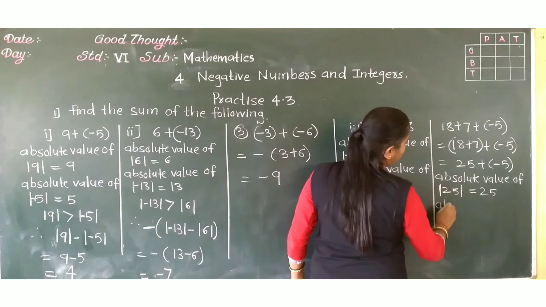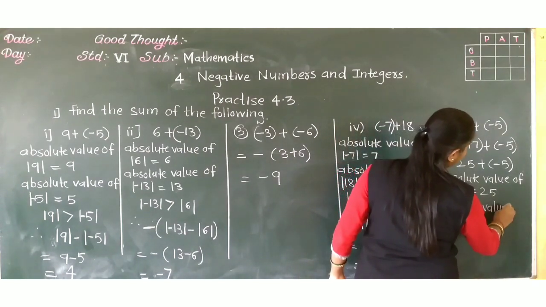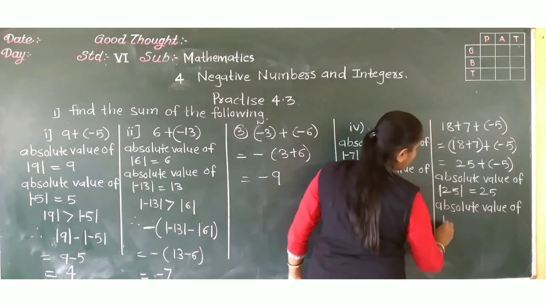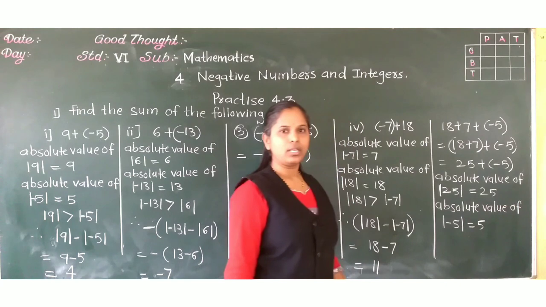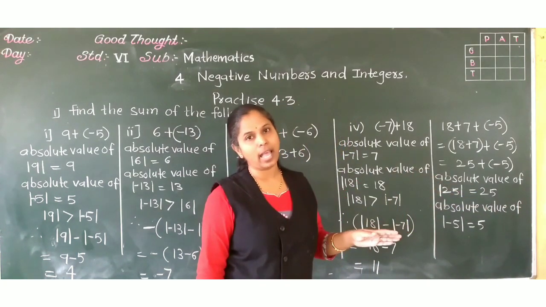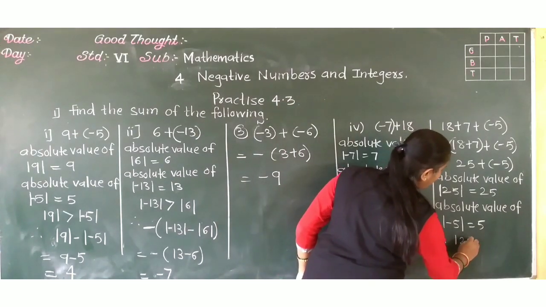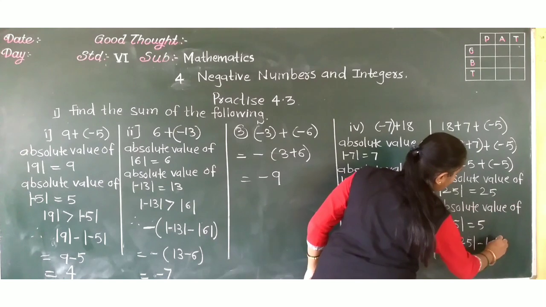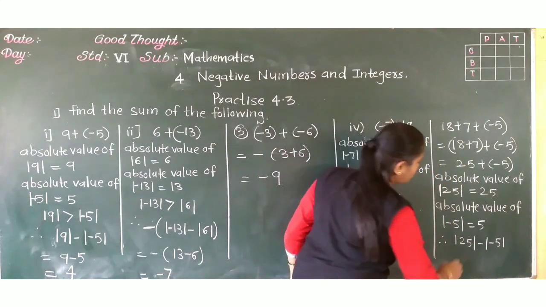And the absolute value of minus 5 is 5. Then what are we doing? As the signs are different, we are subtracting their absolute values. So the absolute value of 25 minus the absolute value of 5. From the bigger we are subtracting the smaller. So 25